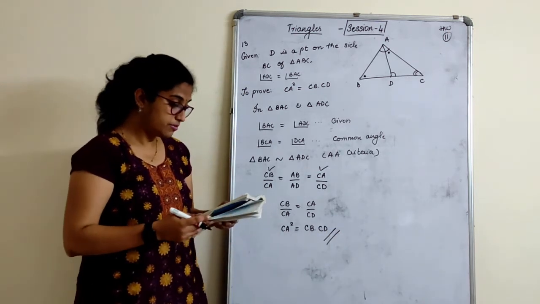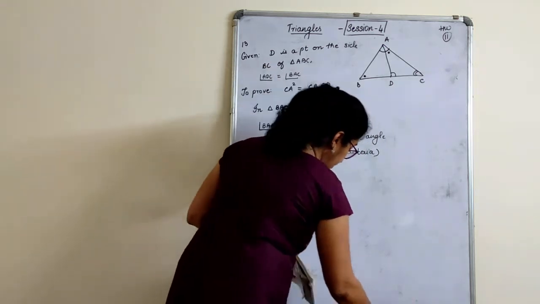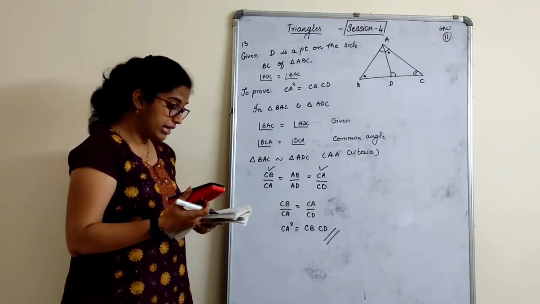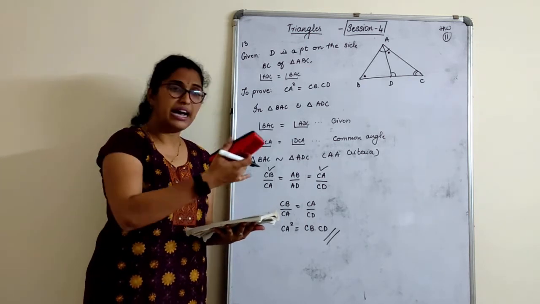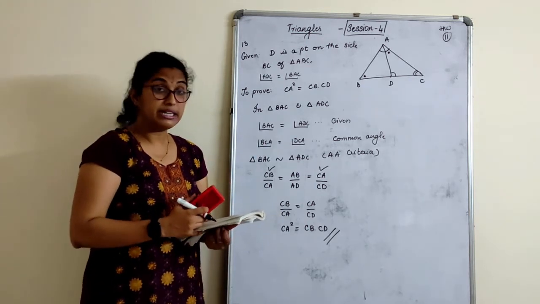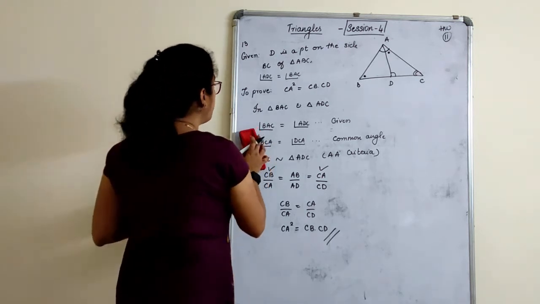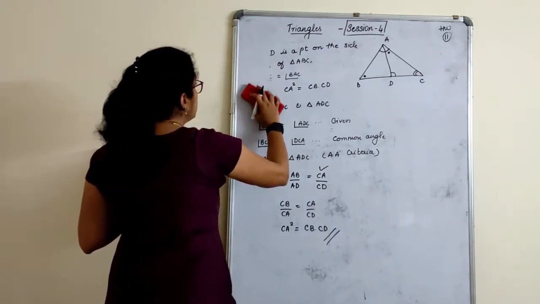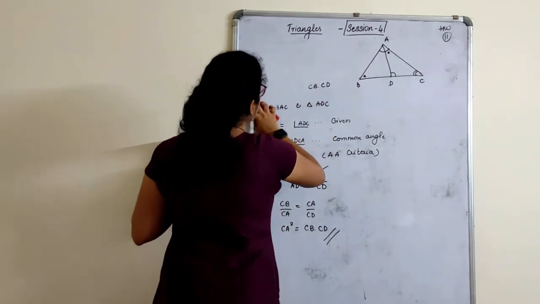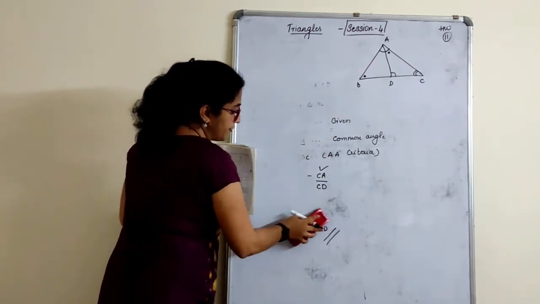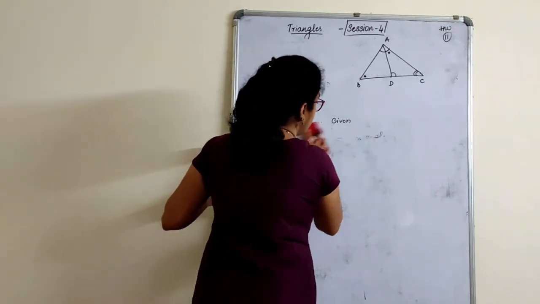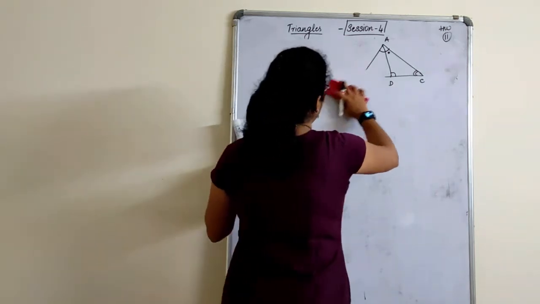Very clear? We'll move to the next one, 14th one. Usually, whenever you read the 14th question, you generally tend to get confused. It is similar to the 12th one, but it is actually not. The question is similar. It's about the median only. But the proportional sides that are given are different from the 12th question. That is what you have to understand. Let's quickly start with the 14th one.